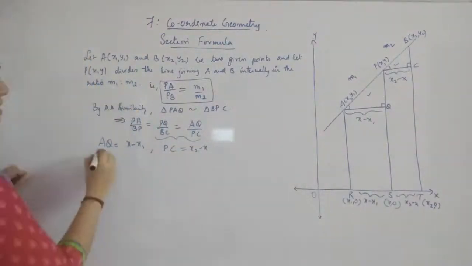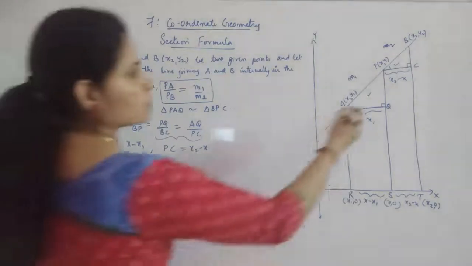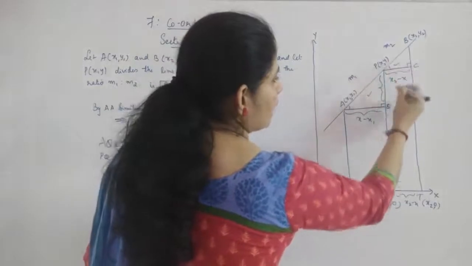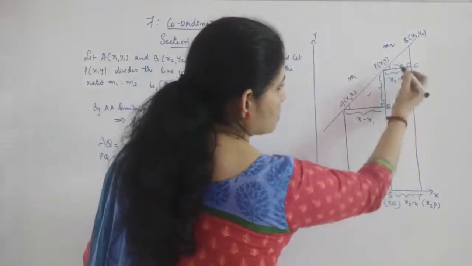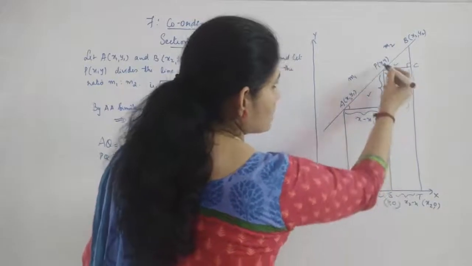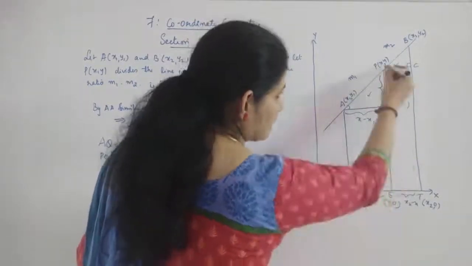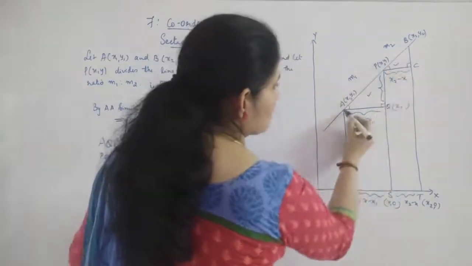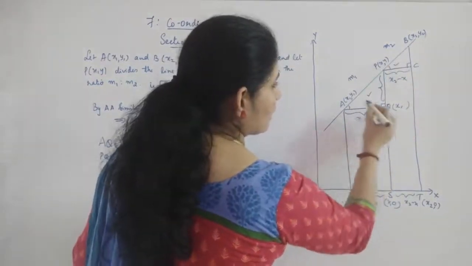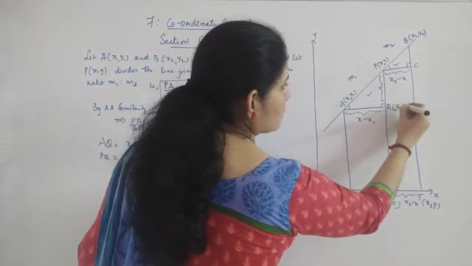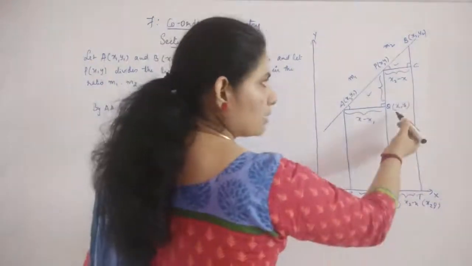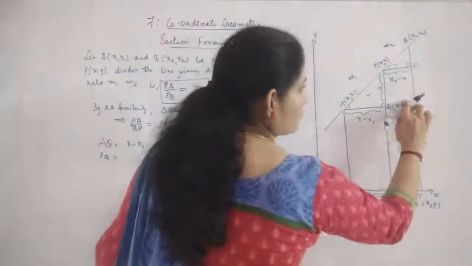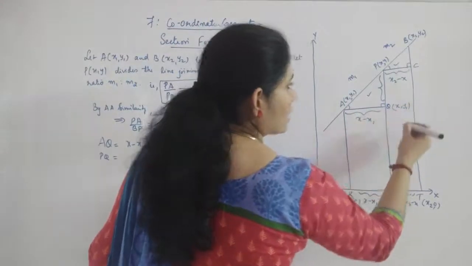Now the thing you have to get is PQ. PQ is this length, and for this, P has coordinate x comma y, so what will be the coordinate of Q? Just see, in this line only you are getting this Q coordinate, so x will be the same. Now y will be changing, but this and this point are lying on the same line, so its second coordinate will be here. So this is x comma y1. Either you can do it like this, or you can just use PS minus QS also. So your coordinate for Q is x comma y1.